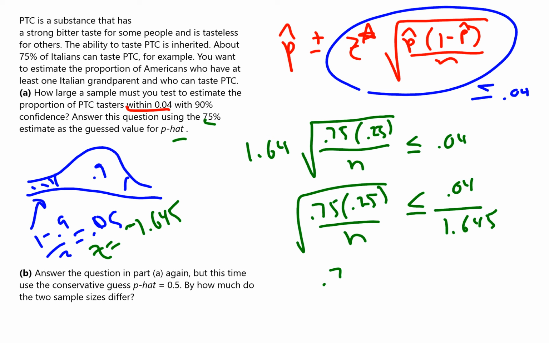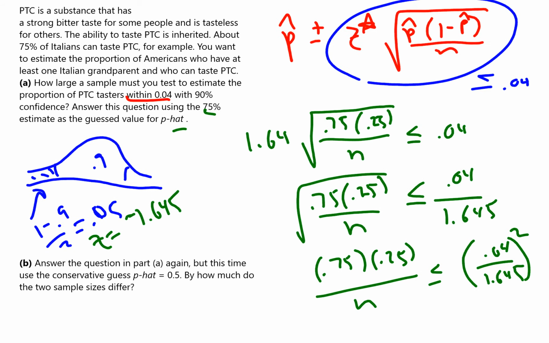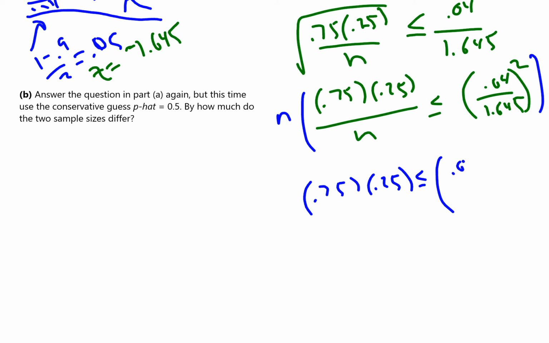So 0.75 times 0.25 over n is less than or equal to this whole expression squared. So that's looking pretty good. We're going to need more space here, obviously, so we'll keep going. I'm going to multiply the whole thing by n to get that n out of the denominator. So if we do that, we end up with 0.75 times 0.25 is less than or equal to this whole crazy thing